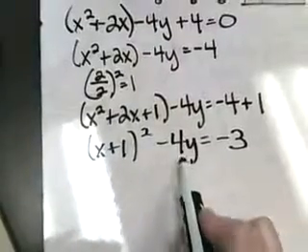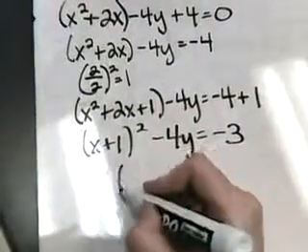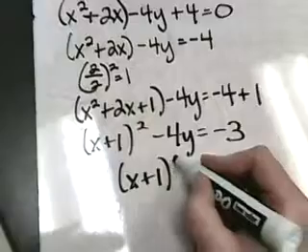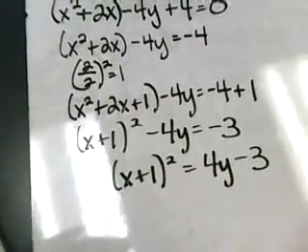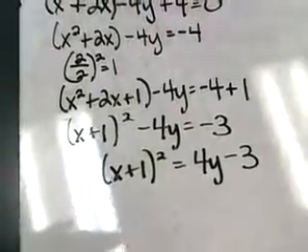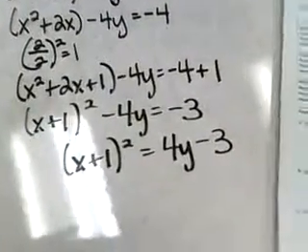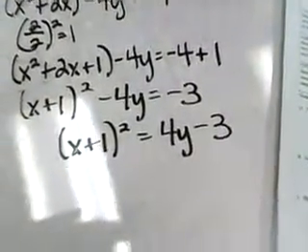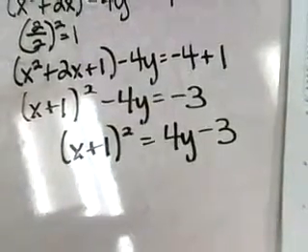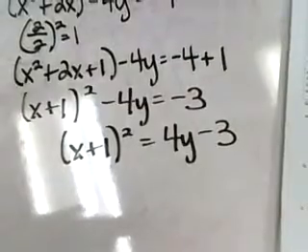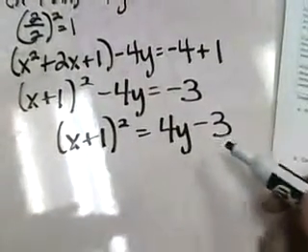So let's move this guy to the right-hand side. Okay, we're getting closer. But if you take a look at that, in your parabola standard form, it has that 4p times the quantity of something else,